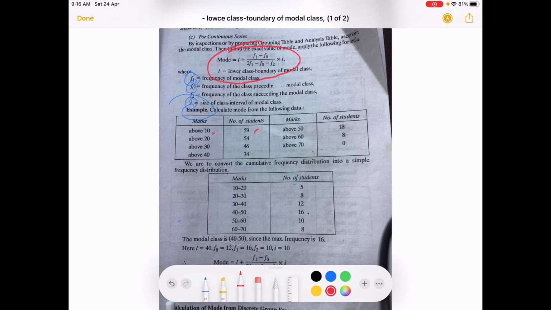Above 30 ल्याउने 46 जना छ। तर हामीलाई चाहिँ अब above 10 देखि माथि कहाँसम्म हुन्छ त्यो चाहिँ 59 छ। तर अहिले चाहिँ हामीले change गरेर class boundary गर्दा अब above 10 देखि 20 सम्म मात्रै बनाउनुपर्छ। फेरि अघि above 10 देखि माथि जहाँसम्म छ त्यो 59 छ। तर हामीले change गरेर class boundary गरेर 10 देखि 20 सम्म मात्रै कति छ त भन्दाखेरि since 20 देखि माथि 54